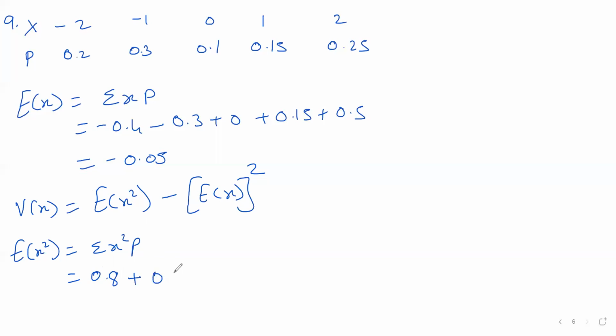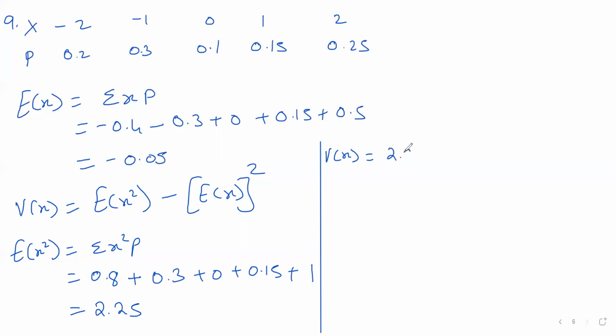Plus 1 into 0.3, so this is 0.3. 0 into this, so this is 0. 1 square into 0.15 plus 2 square, so 4 into 0.25 is 1. So this will become 2.25. So variance of x is 2.25